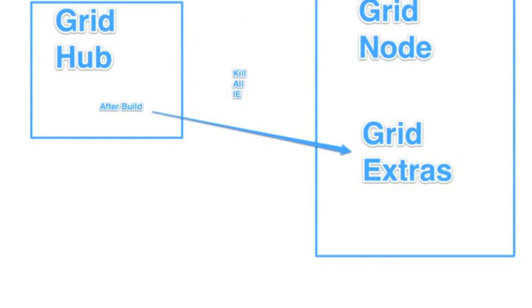It works something like this, where the after build point is called, and we figure out that the current test was running on Internet Explorer. So then we can send a command from the Grid Hub itself over HTTP to the Grid Extras and say, hey, can you please kill any of the Internet Explorer and IE driver or Chrome driver executables that are left behind. This way we don't have a polluted